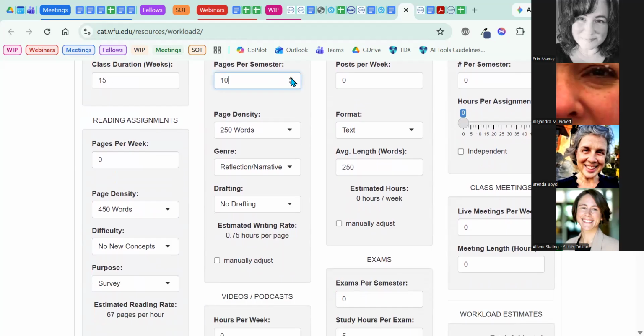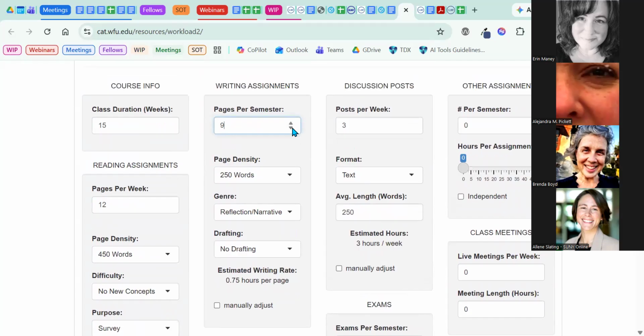So it's not a perfect tool, but it can give you a rough estimate if you're doing a review of a course to see how the course is doing in terms of workload. And then it gives you something to talk about with the instructor to help them better understand how to align the objectives with content, with activities, with assessments, and with feedback, so that the course doesn't end up bloating and becoming more than the student is able to do within the hours of the day.